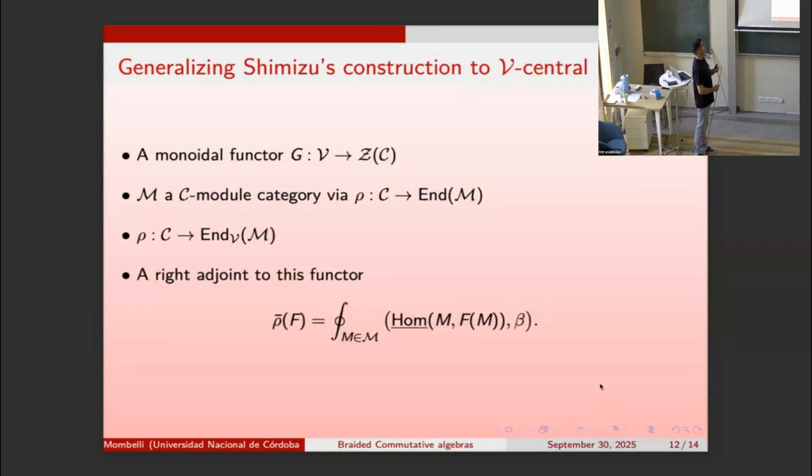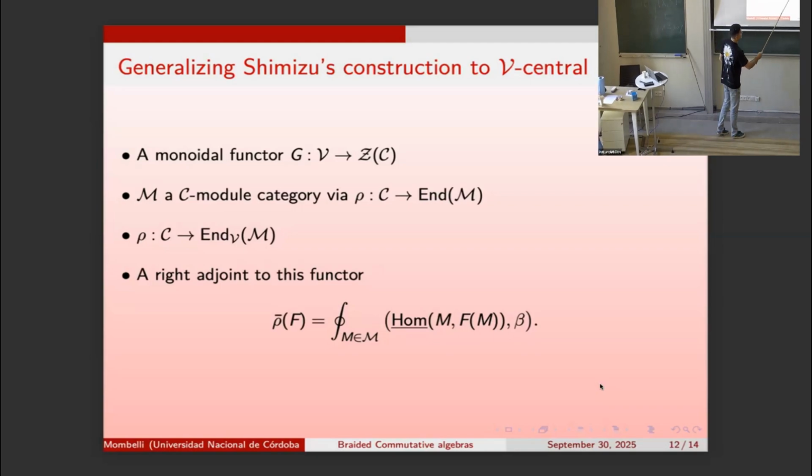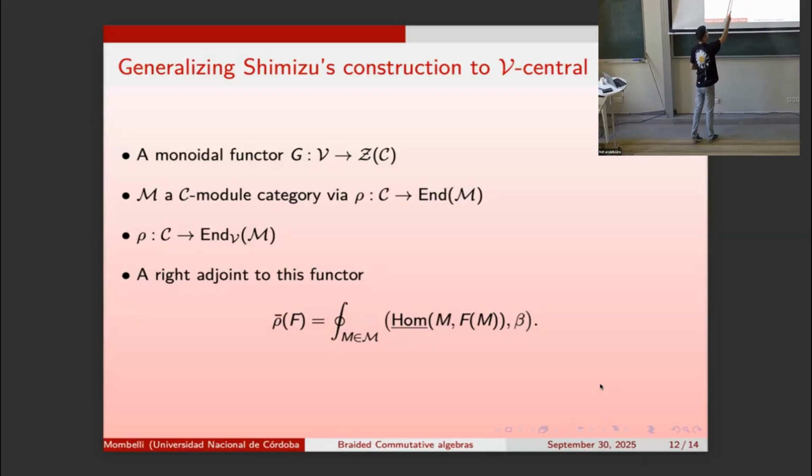So what is the generalization of Shimizu's construction in this case? You take an augmented tensor category, a module category over C via this action functor, and you prove that in fact this action functor lands in the category not only of endofunctors but B-module endofunctors. And then you can construct in the same way an adjoint functor to this functor by this formula. So the difference from this formula to the previous one used by Shimizu is that I use this coend, and that is a bit different from the usual end and coend, because it takes into account how the category B is